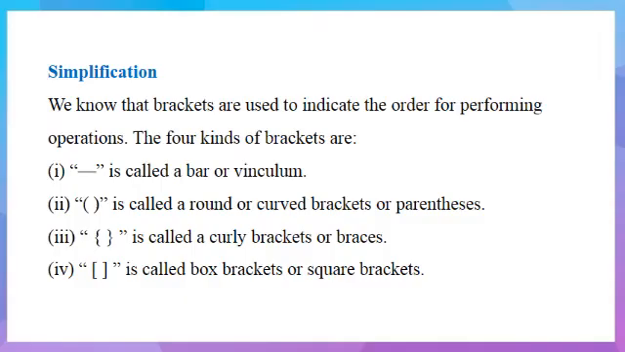Before starting our exercise, I will tell you some rules that are important for the simplification. We know that brackets are used to indicate the order for performing operation. The four kinds of brackets are: number 1, it is called a bar or vinculum. Number 2, it is called a round or curved bracket or parenthesis. Number 3, it is called a curly bracket or braces. And number 4, it is called box bracket or square bracket, and we are going to solve according to the